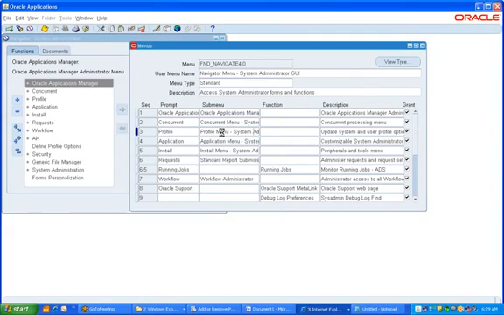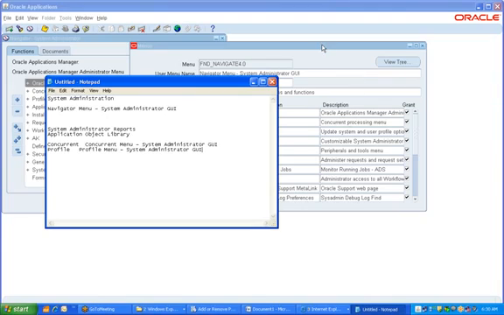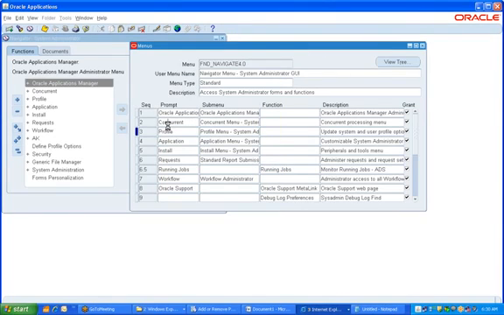You can ask me a question: if we want only those two, why can't we remove the rest of the things and make this menu option? But the user wants only these two, and I can't remove the rest for his purpose because other people need them, and this is a common menu being used in system administrator, right? Instead of that, we take the same copy and create a duplicate one. The menu type is standard, the user menu name and menu name are all different, and we can also create our own. So what we'll do is